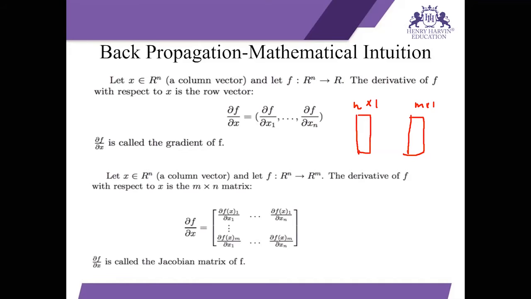So this actually tells us how the first component of my output vector will change if I wiggle the nth component of my input vector, right? So it again encodes the rate of change of some component of the output with respect to some component of the input. So every element in this Jacobian matrix encodes the rate of change of some component of the output vector with respect to some component of the input vector.